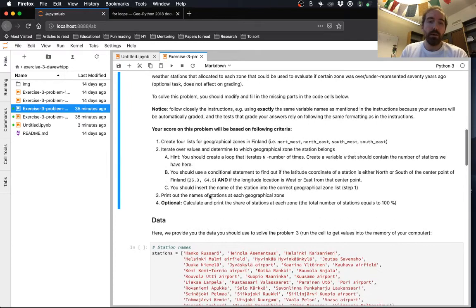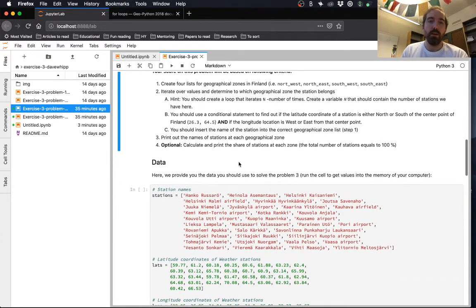So, the problem is basically laid out here, that we've got these 4 geographical regions: northwest, northeast, southwest, southeast. We know that. And we want to go through and go to each one and check to see, are you north or south of the reference latitude? Are you east or west of the reference longitude? And then on that basis, give you some classification.